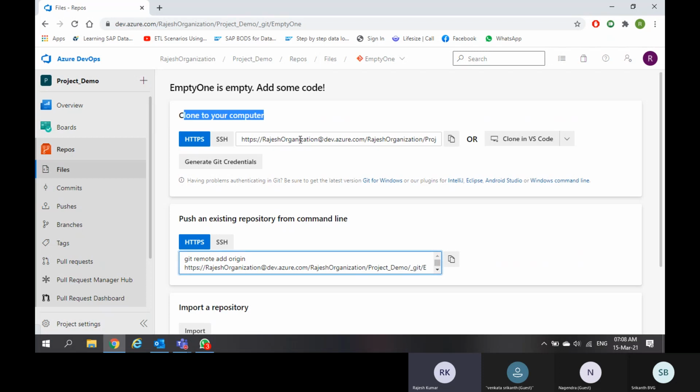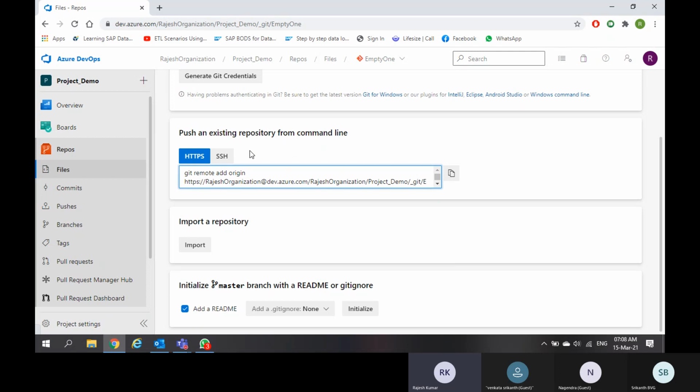But what if your code is in some other place? That may be a Git repository, a Bitbucket repository, or you may be migrating from centralized to distributed. If you were previously using centralized, that may be a TFVC repository or a Subversion repository. Those all follow a centralized version control system. So if you have a centralized version control system repository, first you need to migrate it to Git, and then you can import it.